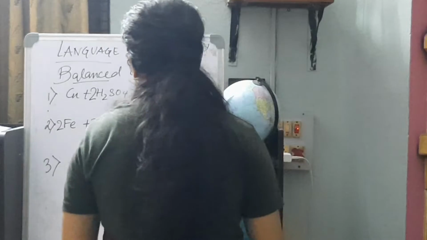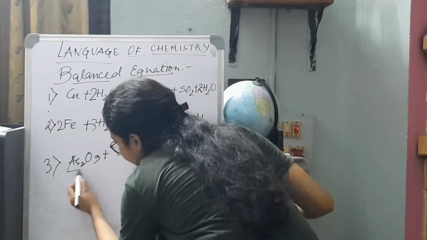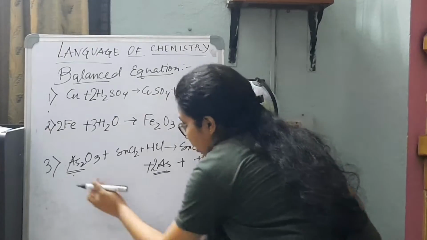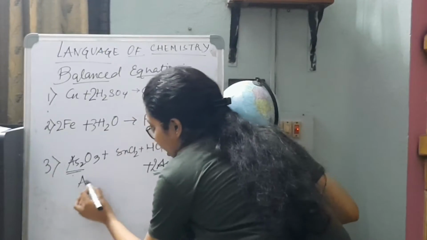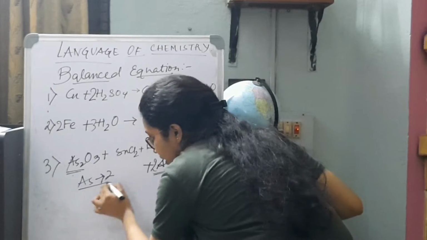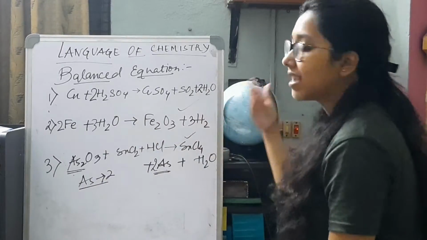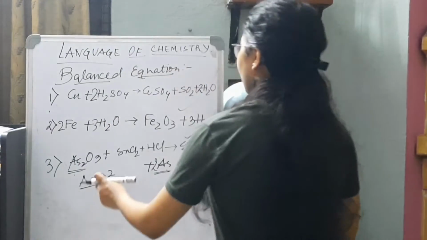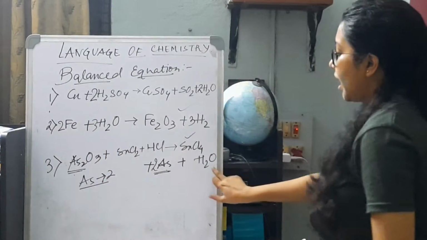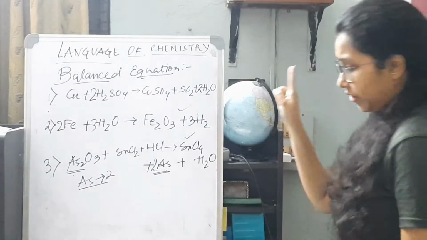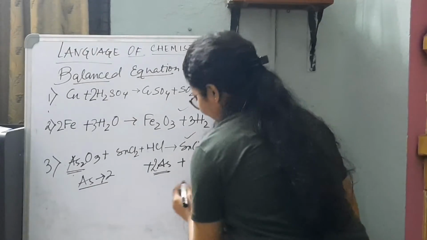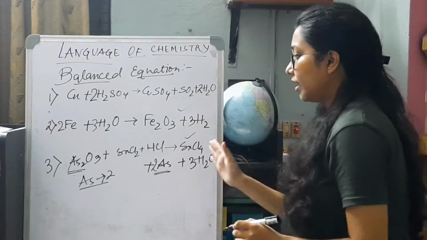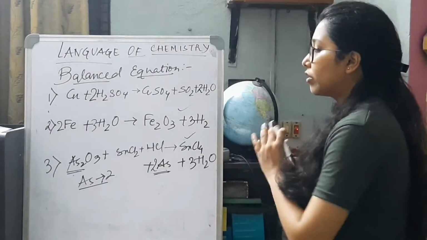Now, starting with As2O3, first we start with arsenic. Making this part 2 because there are 2 arsenic. So arsenic was very easily balanced because arsenic on this side is not associated with anything else. So balancing this part was very easy. Now moving forward to O3. Here there is only one single oxygen. So we have to multiply the RHS, this one, by 3, isn't it? So we just have to equalize both the sides.